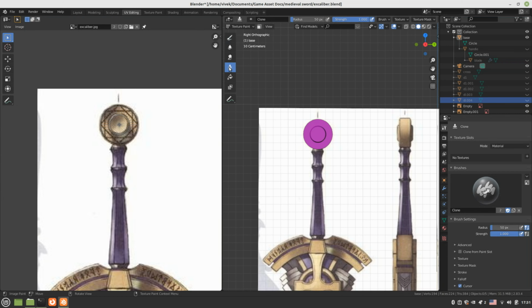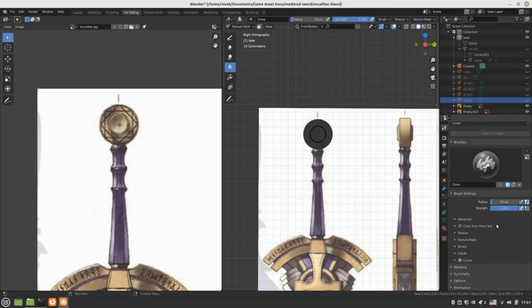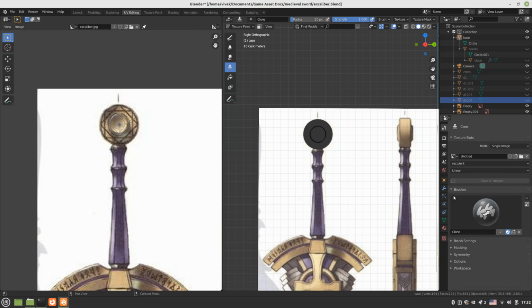Okay, clone brush, new, untitled. Okay, let it be untitled. Clone from paint slot, advanced, recipient. Okay,